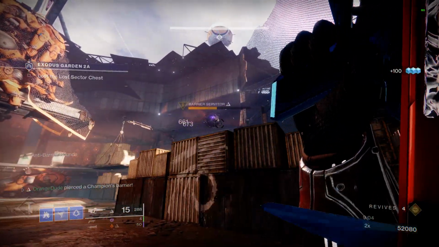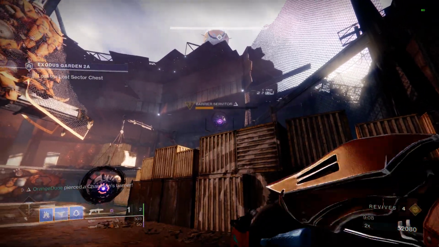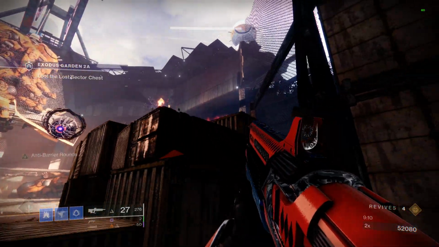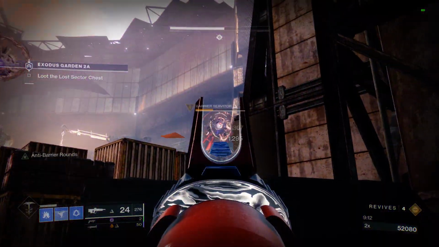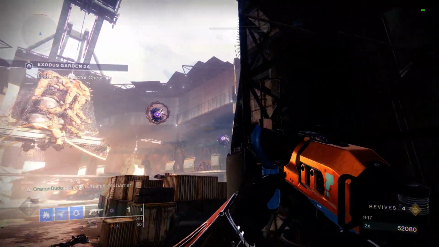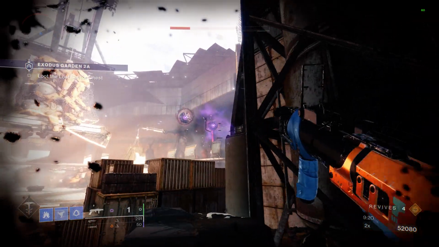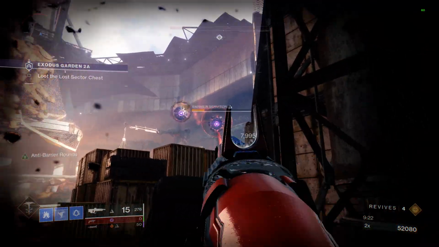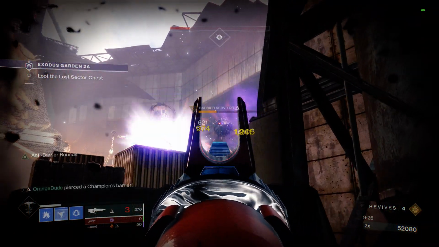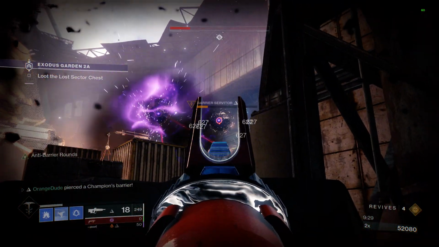if it's a barrier, try to shoot as soon as the barrier goes up, because otherwise it will get quite a bit of health before you can even get a shot. You can kind of see it ready itself. And I didn't mean to do that. And at this point, since I've run out of special ammo, I'm just going to use my...